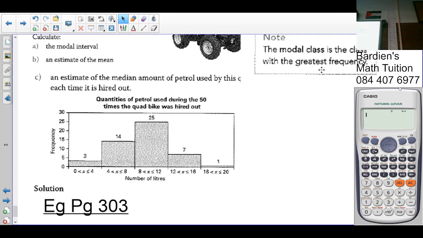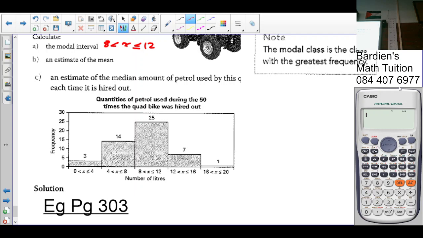So which class is the modal class here? Which one has the most class? From 8, where x is greater than 8 but less than or equal to 12. You see that? This is